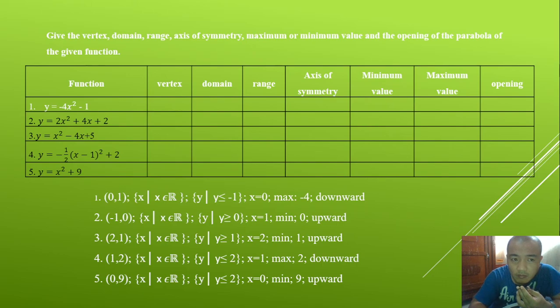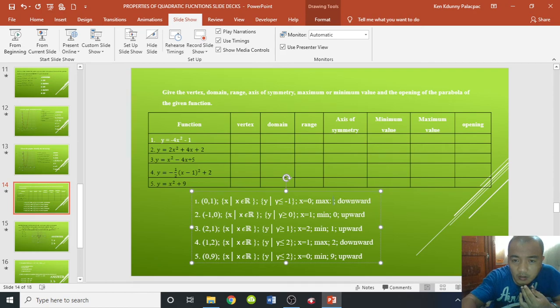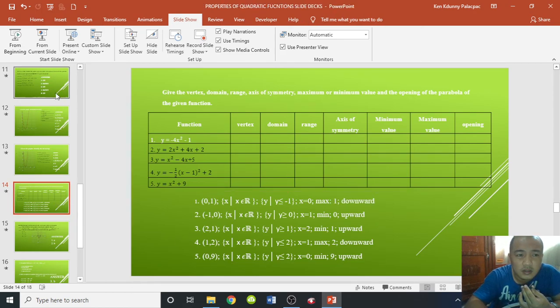Minimum is 9 and it goes upward. Right? Okay, it seems we made a mistake here in number 1. Maximum should be 1. Right? Let's continue